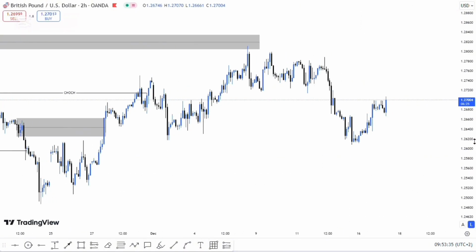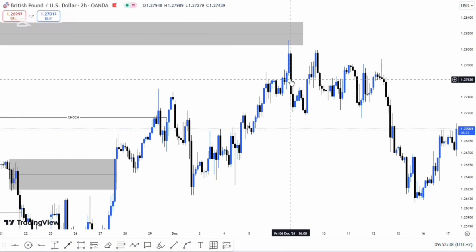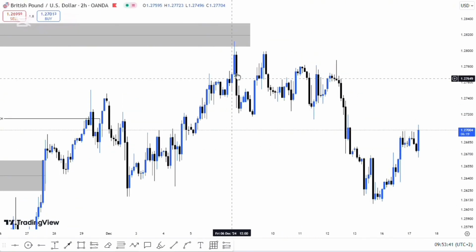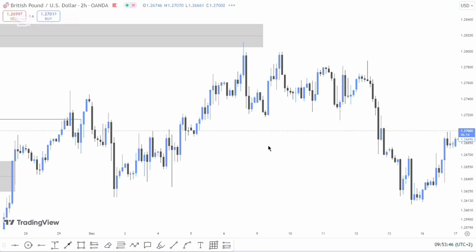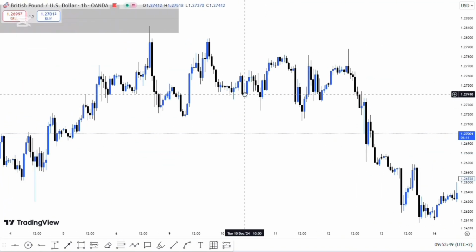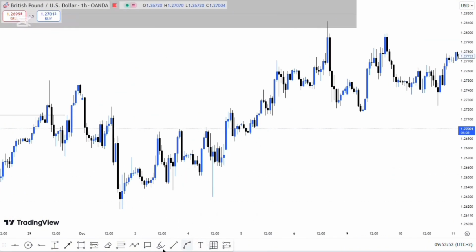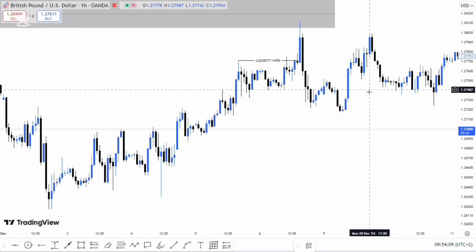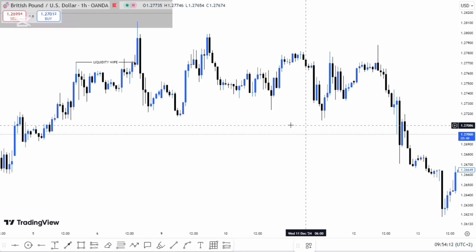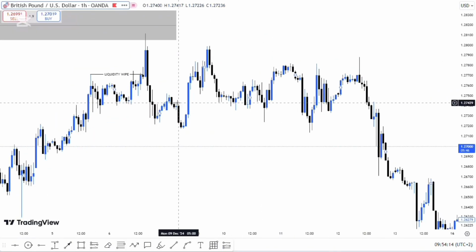So looking at this, when price tapped into the origin, price immediately reversed, but I did not catch the sell from this point. What I had to do was move down to a smaller time frame, like the 1 hour time frame. As you can see, when price tapped into my origin, price cleared liquidity at this point right here. After having that